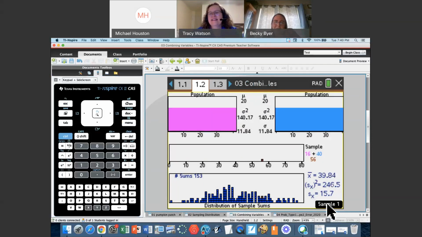So even though at 142, students can start making some comparisons. If you look at the means for the populations and the variances for the populations and the standard deviations for the populations, say that 10 times fast, how do they compare to my distribution of my sample sums down below? What are some observations? Mean is the sum of the means.